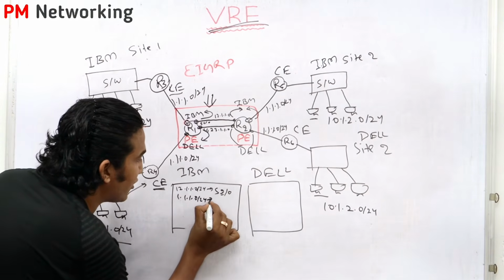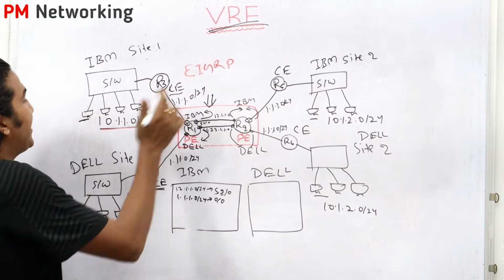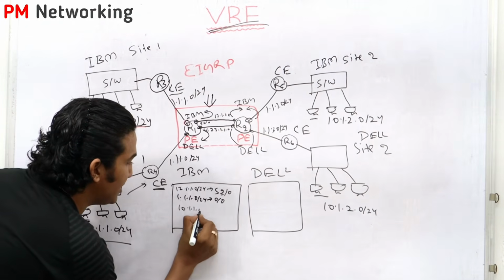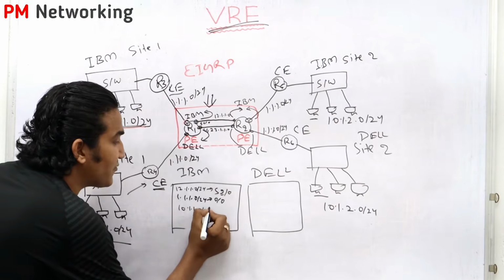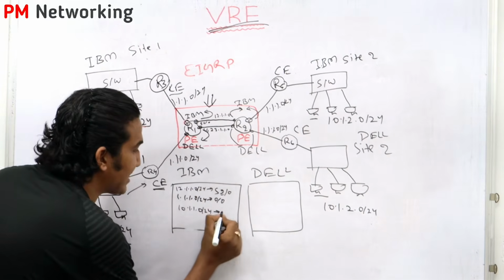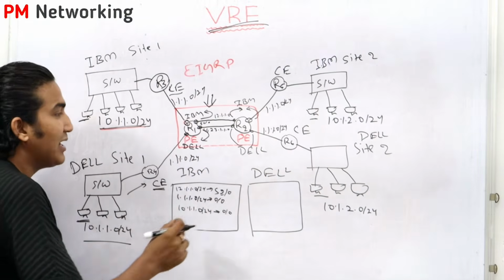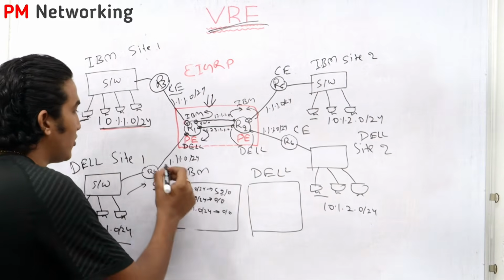1.1.1.0/24 is connected on 0/0 interface. After that, through EIGRP it will learn this 10.1.1.0/24 network, right? And the exit interface for this network will be 0/0, and as you know 0/0 is a member of IBM VRF. Okay, after that, if I talk about the routing table of Dell VRF, so here also